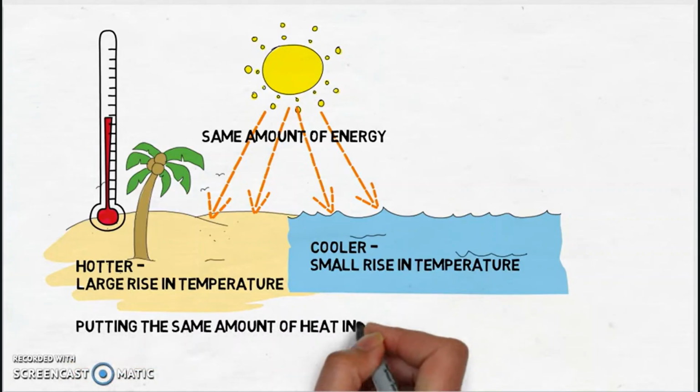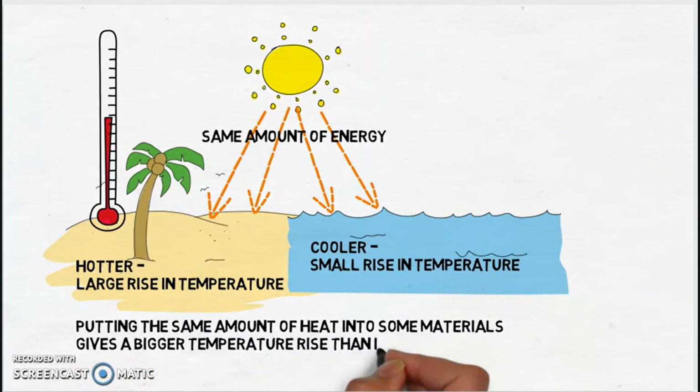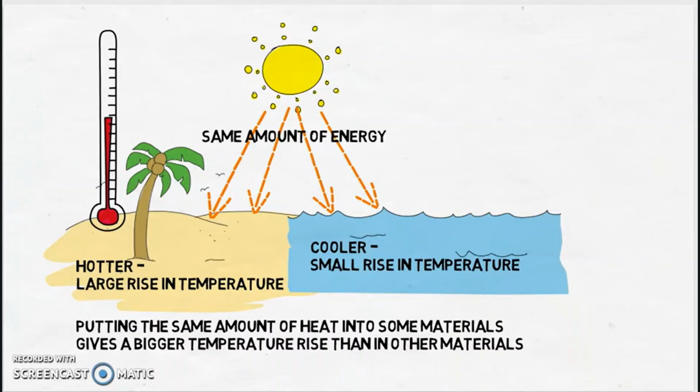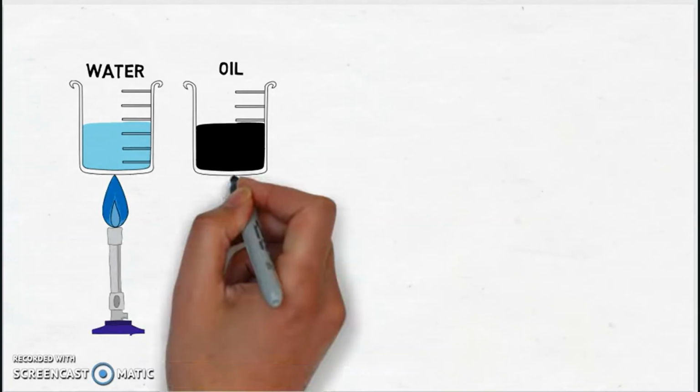This is because when we put the same amount of heat into some materials, it actually gives a bigger temperature rise in one than it might in the other. So let's use another example of this. If we have two beakers and we put the same amount of water in one as an amount of oil in the other, let's say 1 kilogram of each, water and oil, and we heat both of them for the same amount of time at the same temperature,